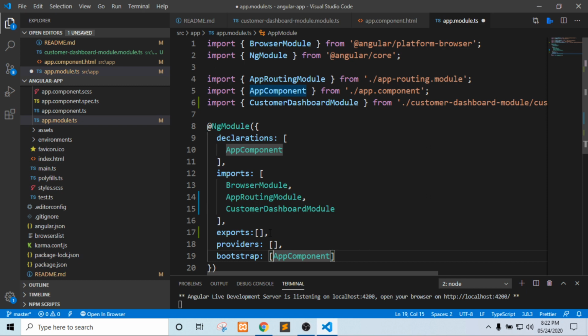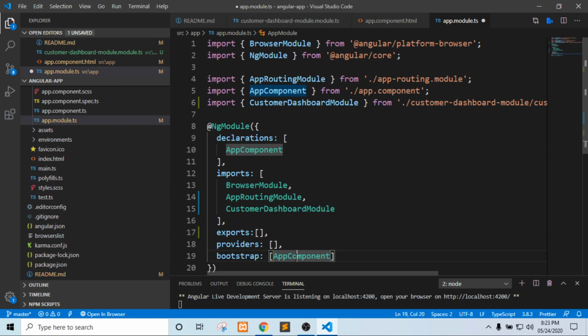Next comes bootstrap. The bootstrap attribute is used when our application loads for the first time, and we need to provide the first component, or root component. In an Angular application by default, app module is the root module, and app component is the root component, or starting component. So each and every time we need to specify app component. By default, we create the Angular app by using ng new and the app name. Then it does all the settings by default, so bootstrap will be set to app component by default. App component is the starting component of our application.